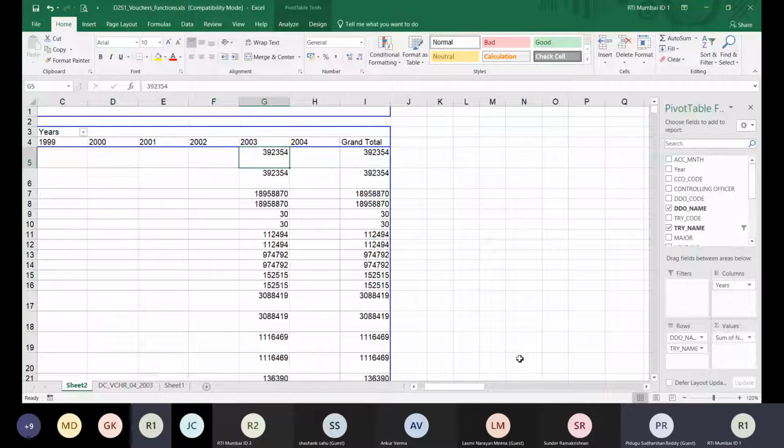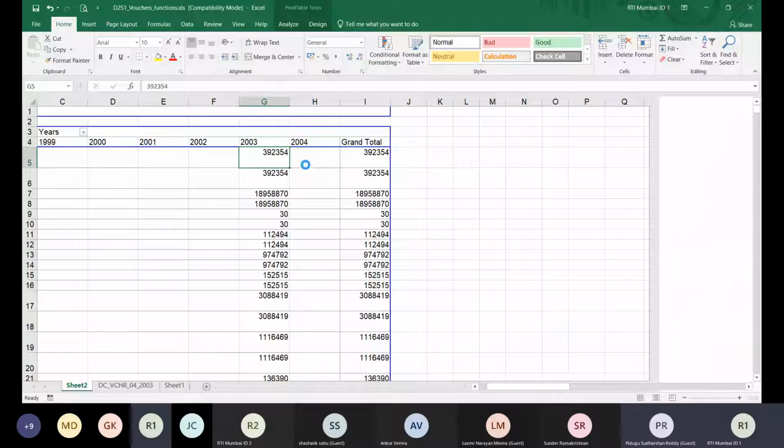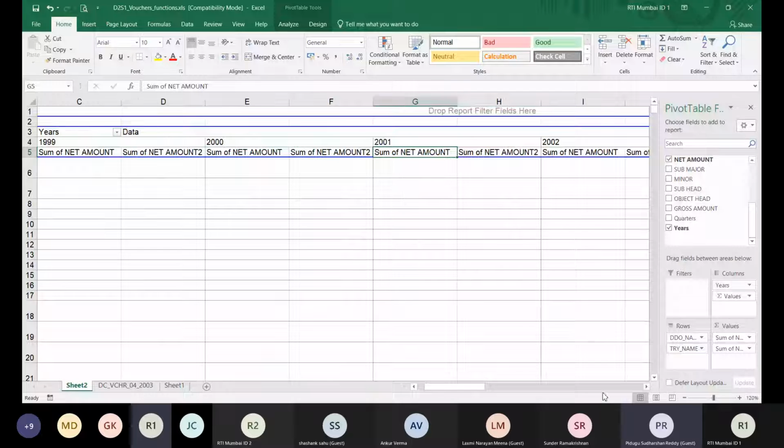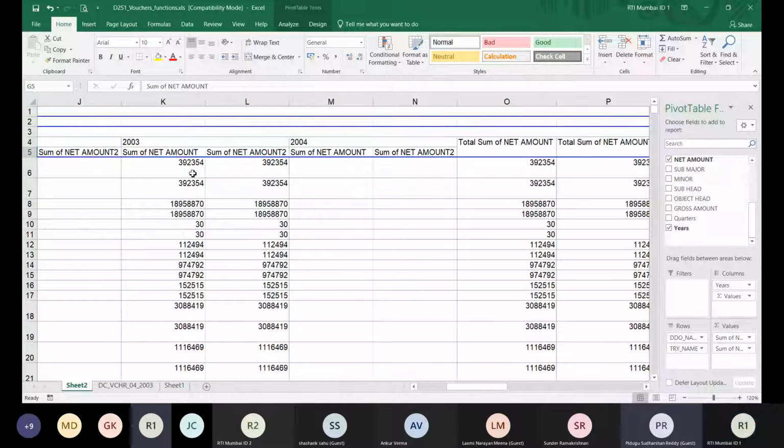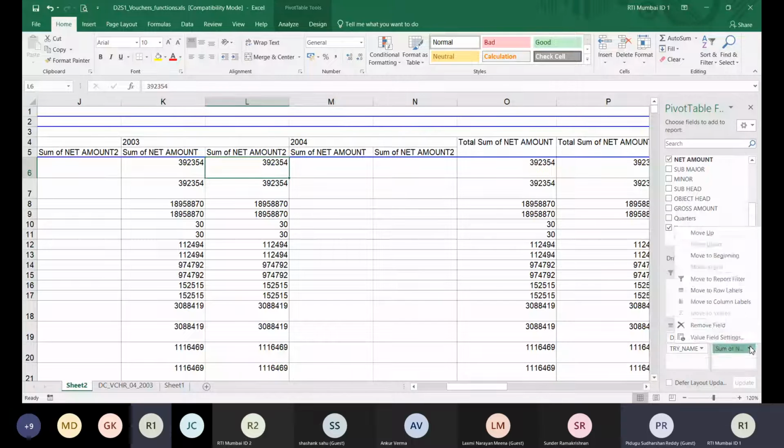3,92,354 है, लेकिन कितने रिकॉर्ड है वो नहीं मालूम पड़ता है. तो कितने रिकॉर्ड अगर आपको चाहिए ना, तो कोई भी टेक्स्ट फील्ड है या कोई भी फील्ड आप उसके अंदर ले लो, वापस उसमें डाल दो. समझो मैं वही, समझो अभी वैल्यू जो डाला है नेट अमाउंट, वही मैं वापस डालूं, तो क्या होगा? ओके, तो अभी ये देखिए, ये डाटा दो बार आ गया, ये डाटा अभी आपको दो दो बार दिखेगा, ये और ये. हमें ऐसा नहीं चाहिए, तो हम क्या करेंगे, ये सेकंड वाला पार्ट है ना, उसको मैं